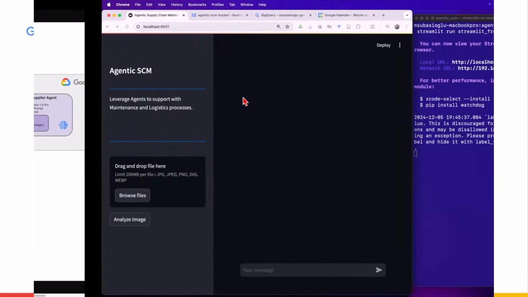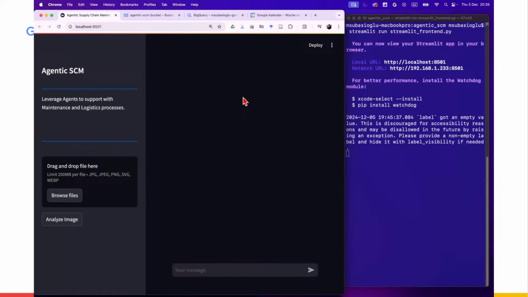All right, let's get into it. Before we go into the nitty-gritty details and the backbone of this, I want to show you the demo first here. So we have the front end. I also pulled up the terminal in here so that we see in real time the trace, what's happening. And yeah, let's just directly get started.